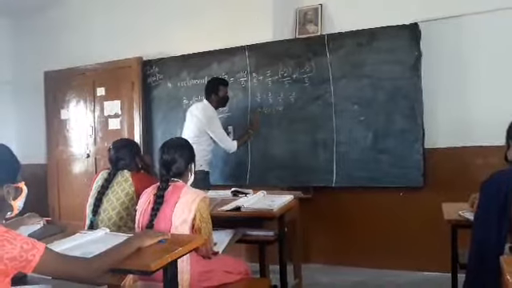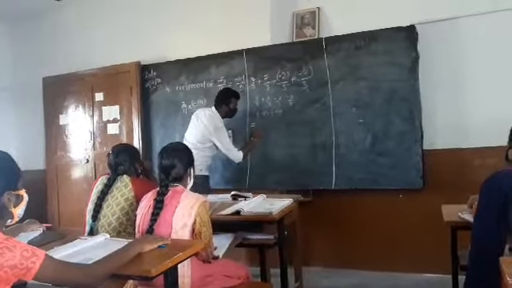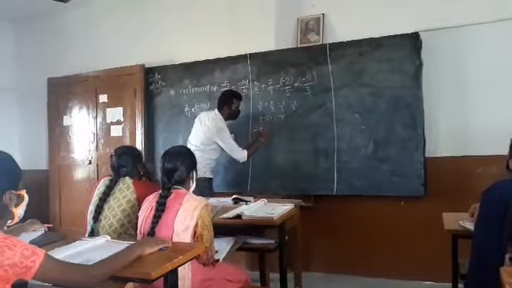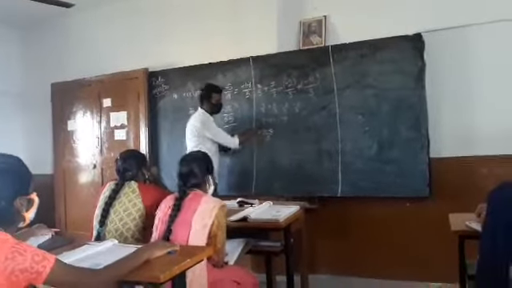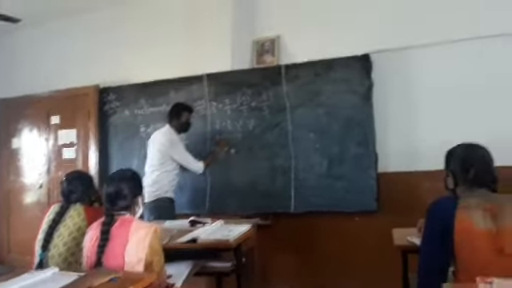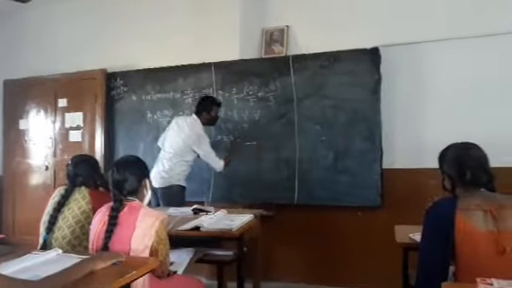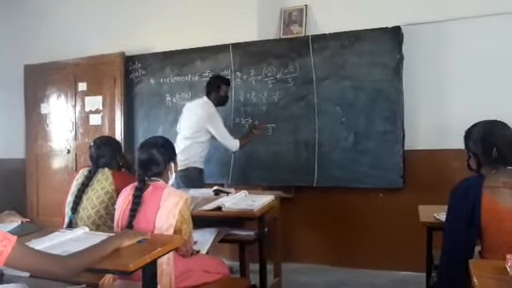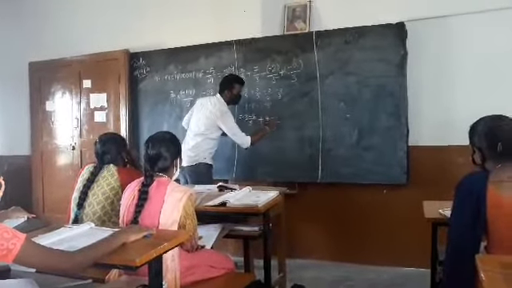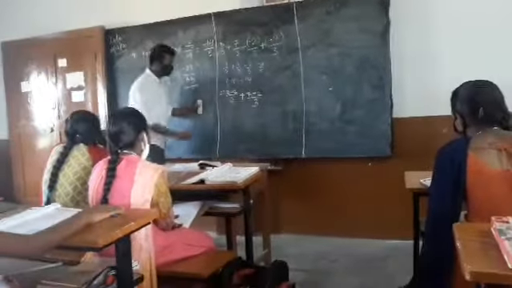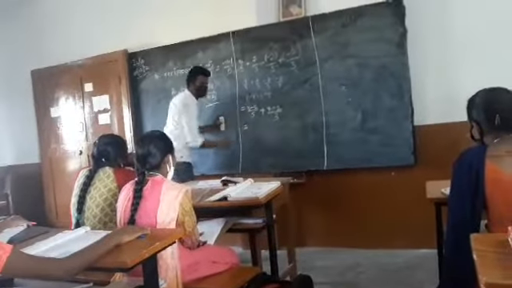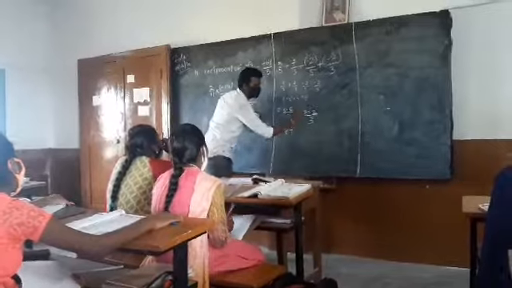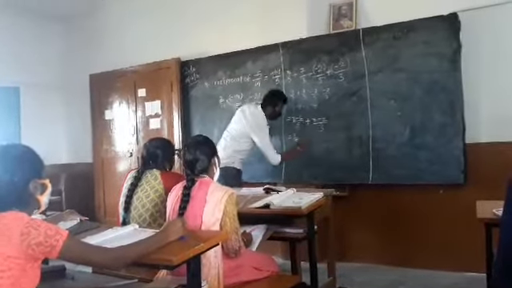So, 3 by 5 plus minus 2 by 5. Plus into minus. Isn't it? Same denominator we can put. Plus 7 by 3 plus minus 2 by 3. Same denominator. 7 minus 2. Isn't it? That equals 3 minus 2, 1 by 5. 7 minus 2, 5 by 3.